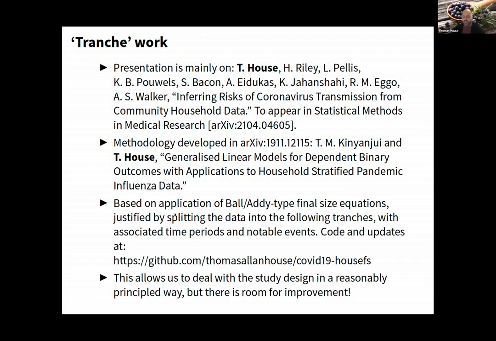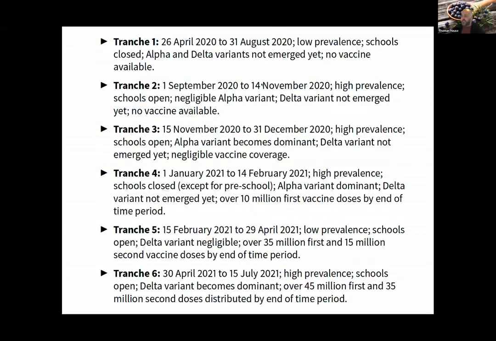So time is used to determine this: we'll see different effect sizes at different times, and then we attribute those to policy changes, right? So it's all about associations, not causal inference, but if those associations are consistent with known effects of things on each other, then good, right? So this is what I mean by the tranches.